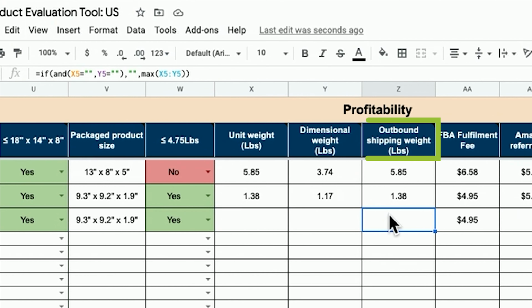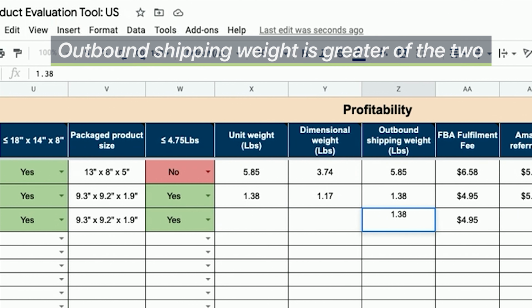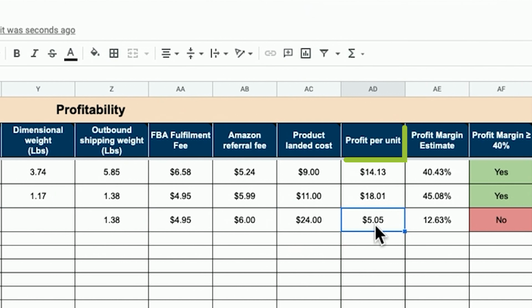The result is what's called your outbound shipping weight. What is that? The greater of unit weight or dimensional weight. Let's assume it's 1.38. Amazon referral fee, let's assume $6. Product landed cost, we already said it's 24. And so now this calculates for me a profit per unit of $5 and a profit margin estimate of 12.63%, which is way too low, which means I have to go back to the drawing board and figure out,